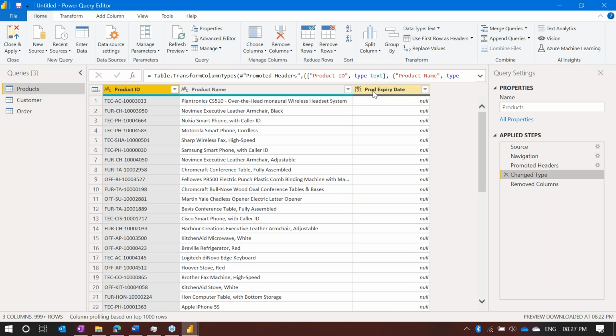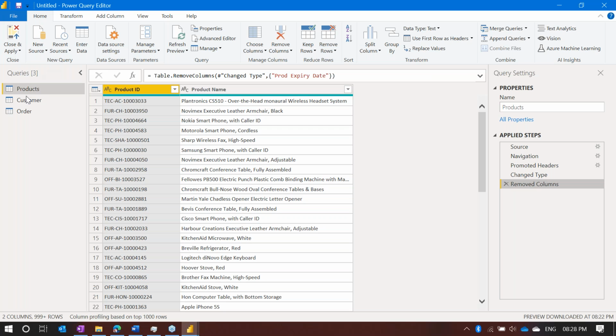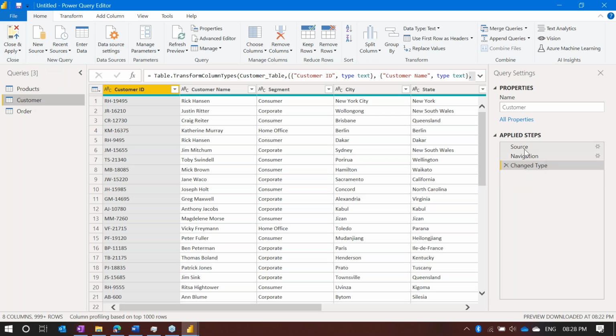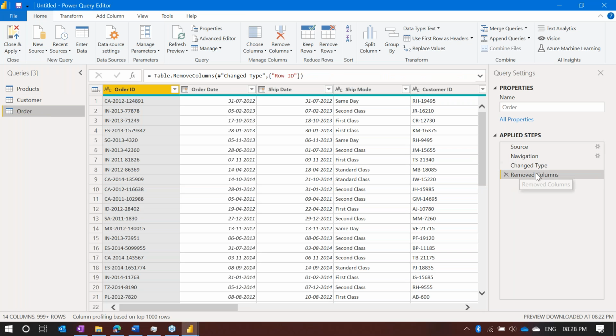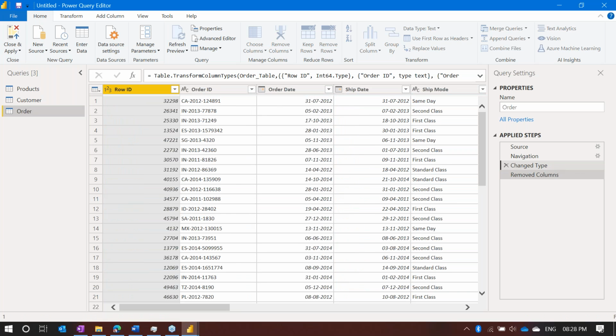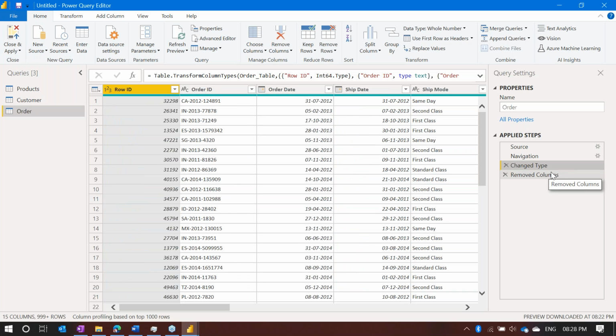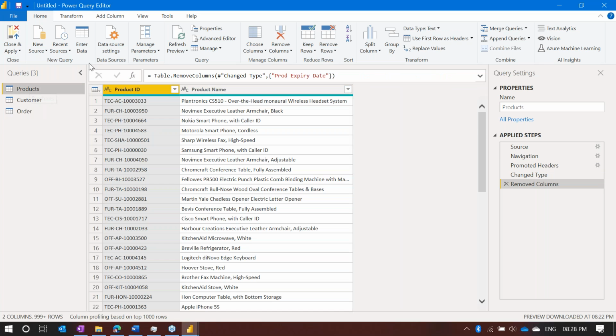In the products table, there was a product expiry date. I removed that column. That was one step. Customers table, no step performed. Orders table, there was a row ID column. Remove that column. Okay. Now I have removed all those things, and now I click on close and apply,